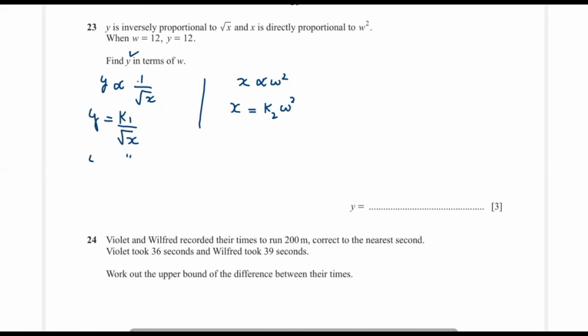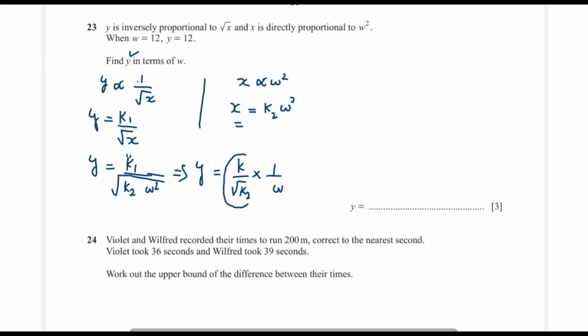Now you see here, y is equal to k1 over the square root of x, and x is k2 w squared. Now we write it as the square root of k2 w squared. Now we can write it as y equal to k1 over the square root of k2, into 1 over the square root of w squared, which is w. Therefore, you see here, these are both constants. When a constant is divided by a constant, we get another constant. Now we name it as k1 over the square root of k2 equal to k. Now we can write it as y equal to k over